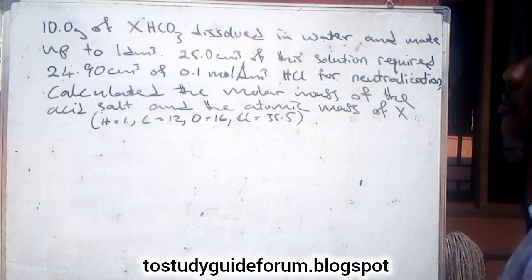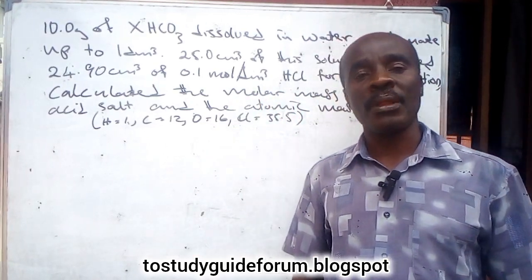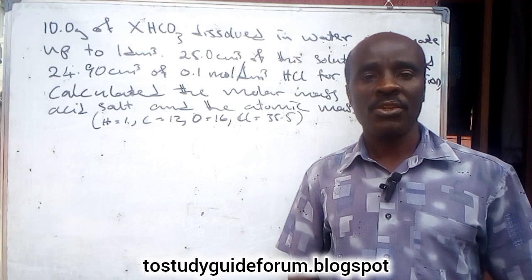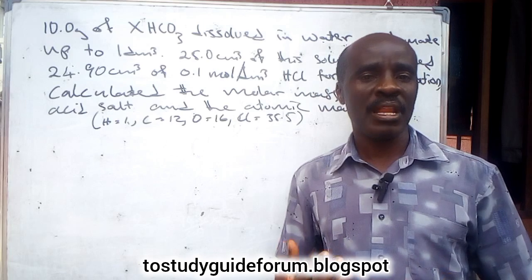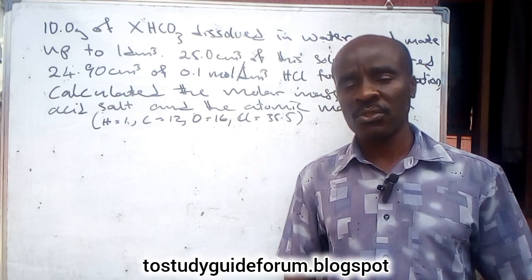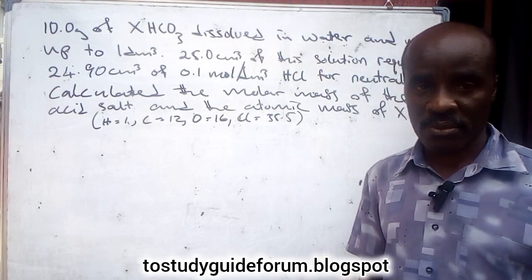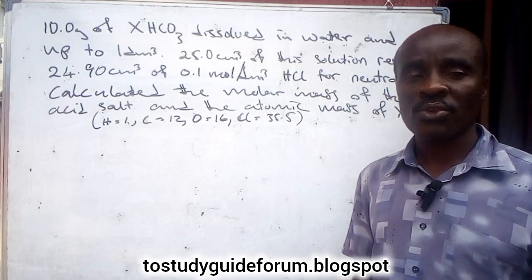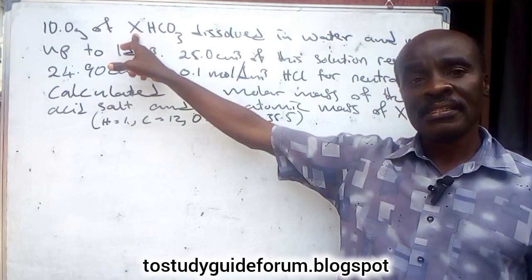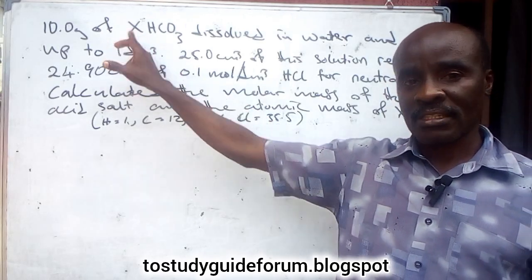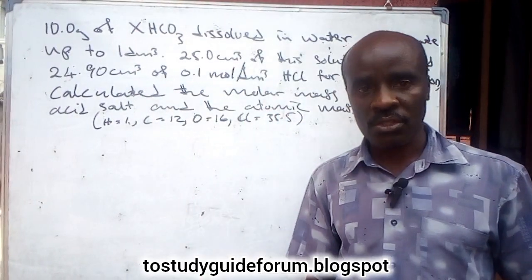In today's class, we're going to be solving some problems. This problem has to do with volumetric analysis. In volumetric analysis, we normally use it to find the concentration of a substance in solution. The question we are going to be solving has to do with finding the atomic mass of an unknown substance that's given to us, and also